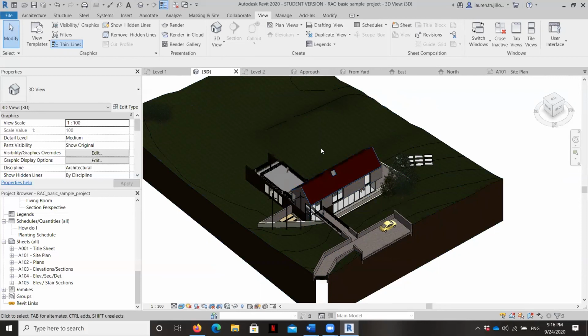So now that you've gone through this process, you should have a slightly better understanding of the difference in how Revit thinks about a project versus AutoCAD. You have a little bit more familiarity with the Revit interface, especially the tabs and functions that will relate to an interior designer. And you also have an understanding of the quality of Revit that allows you to see, for example, a wall or a roof in multiple different views and hide and unhide as needed. Okay, so have some fun with this now.